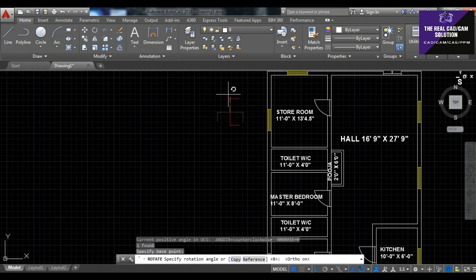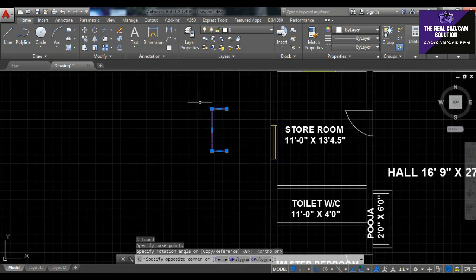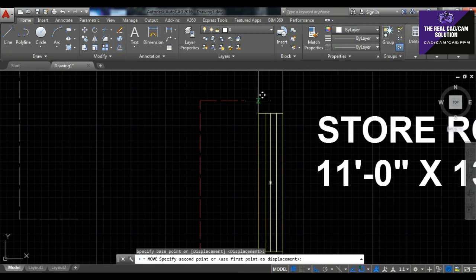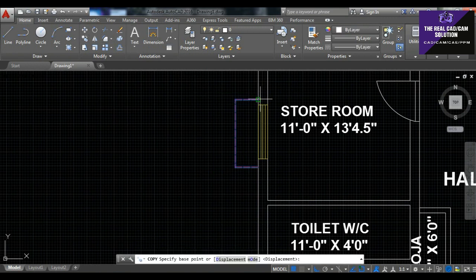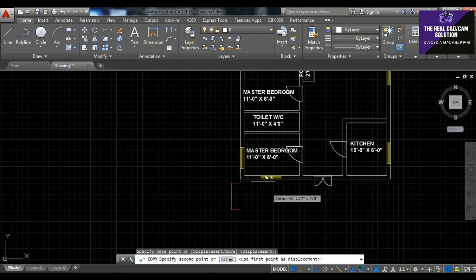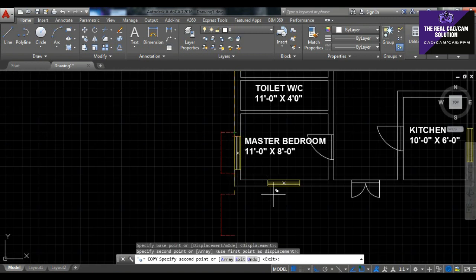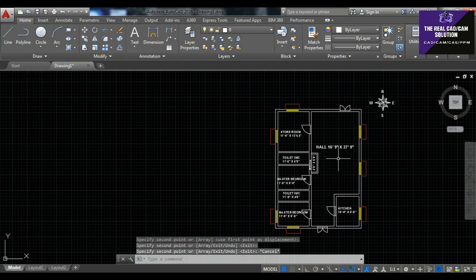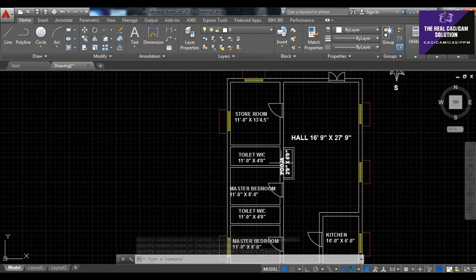Just rotate over here. And go to the Move toolbar and click here. And then copy over all the lintel section area. Just place it near the window here. Okay. The lintel sunshade area is already closed.